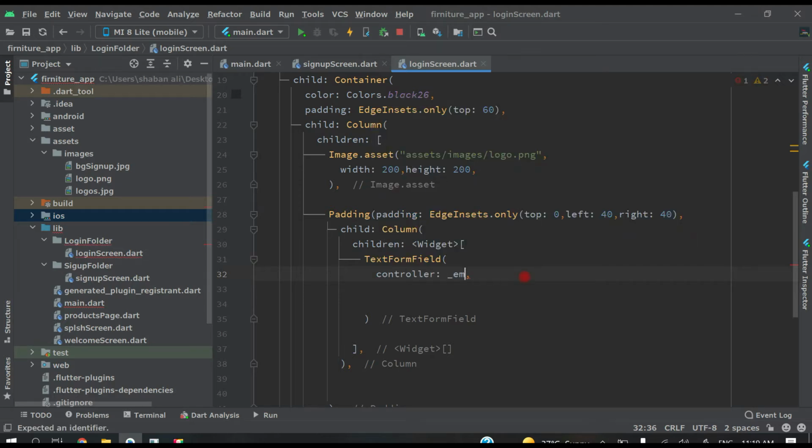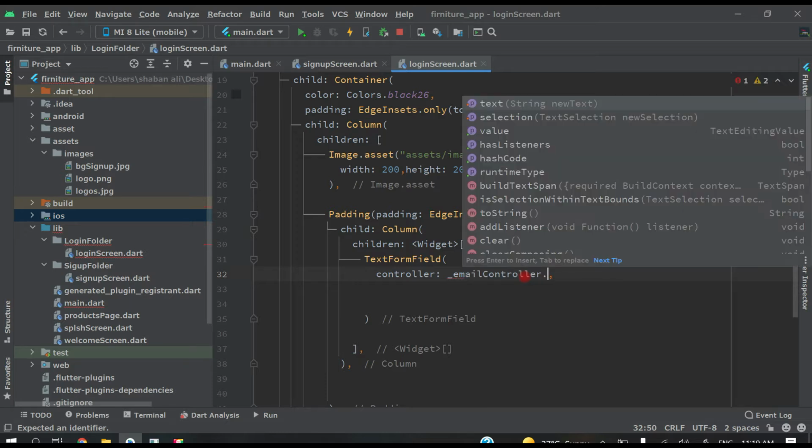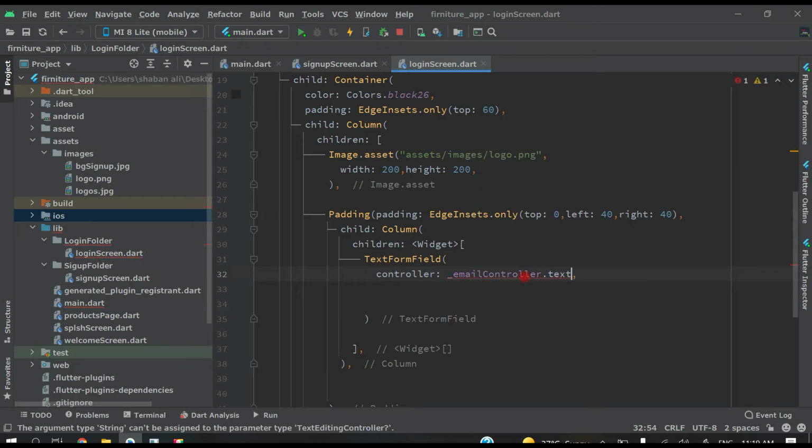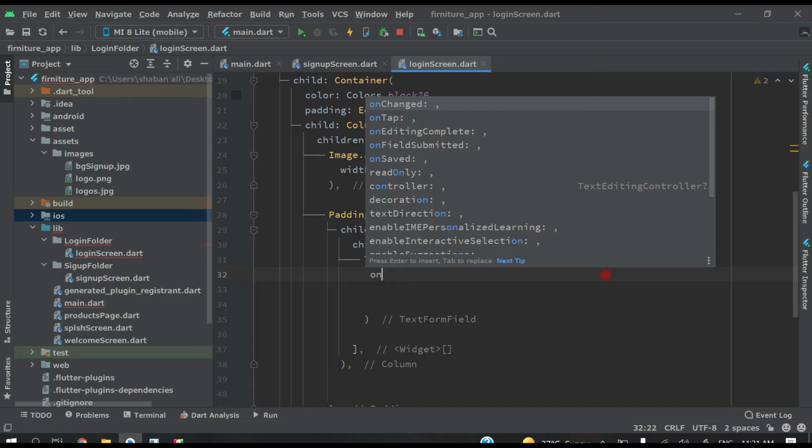Controller email controller dot text. Instead of this, just cut it from here and write onChanged first, because we want to get the value.